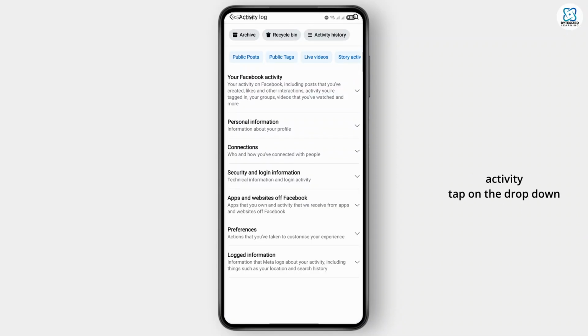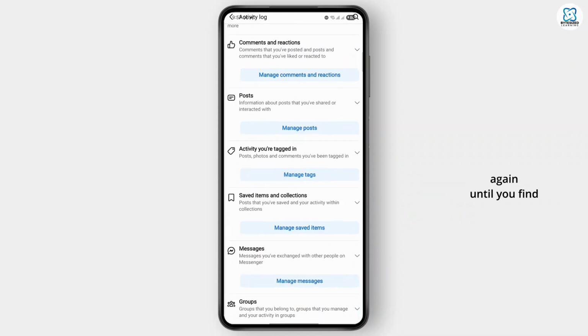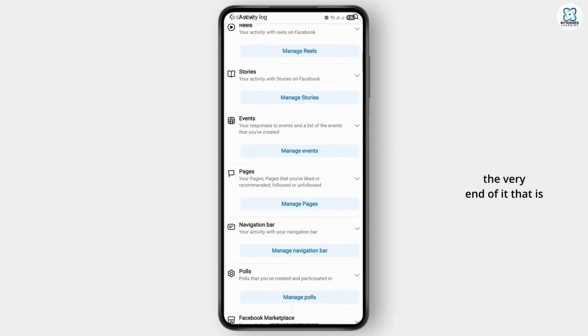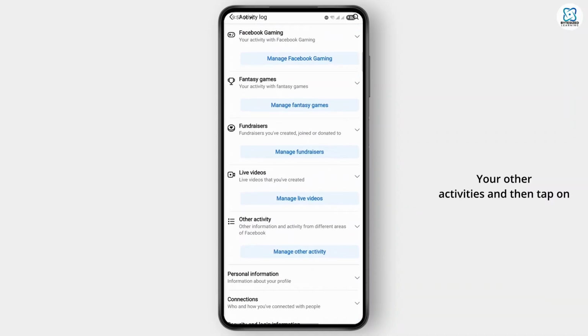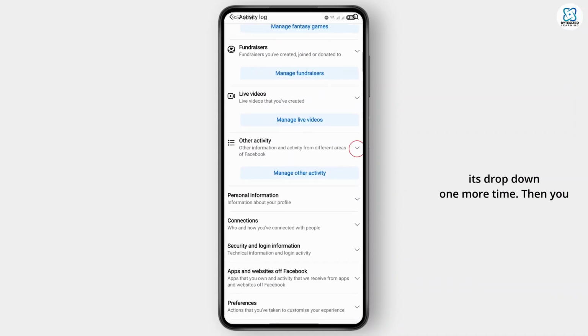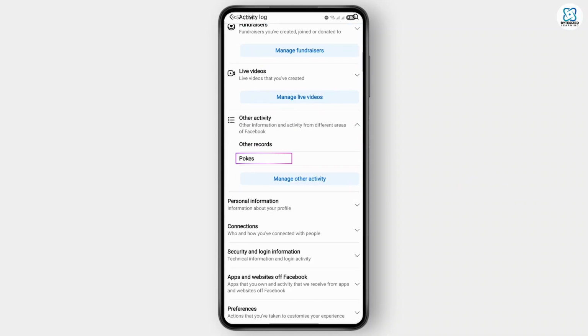Tap on the drop down. From this drop down, you need to scroll down again until you find the very end of it, that is your other activities, and then tap on its drop down one more time. Then you can find pokes over here. Tap on pokes,